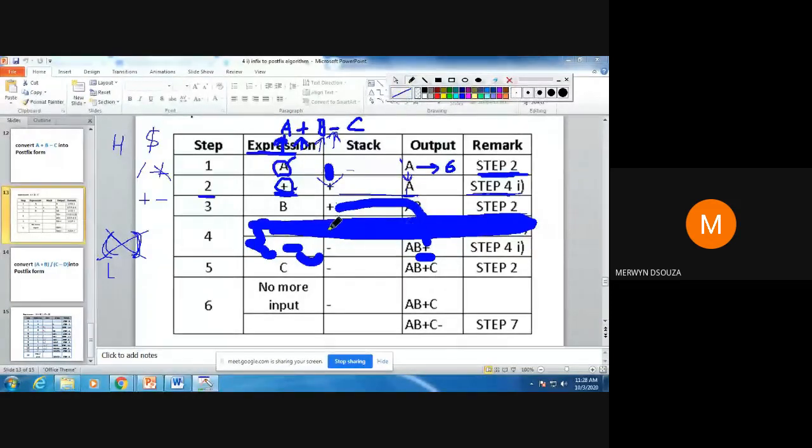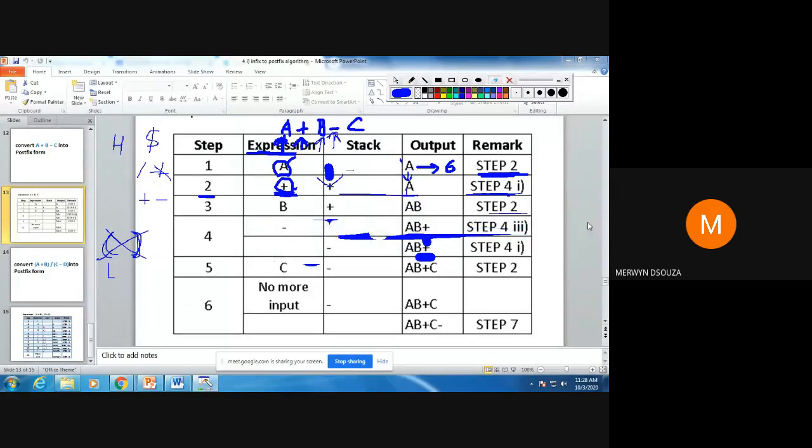You can directly show it in one step. But if you find it difficult like that, then you can show two steps like this, how I have shown. Just make a correction in your notebooks as you are solving. Like I told you, this step here is not step 4.3, it is step 4.4.